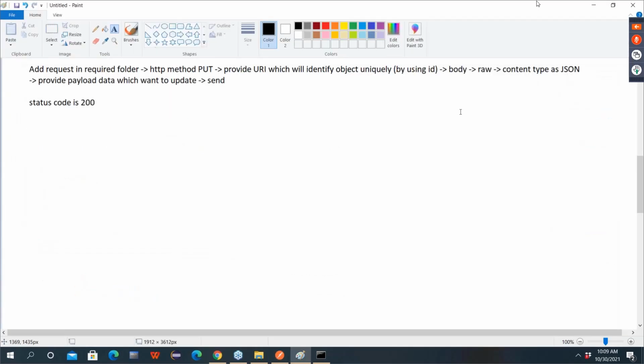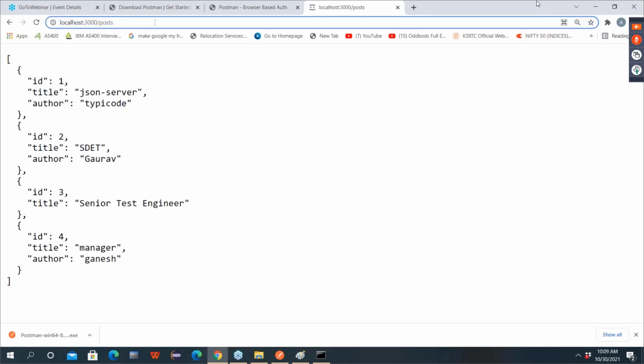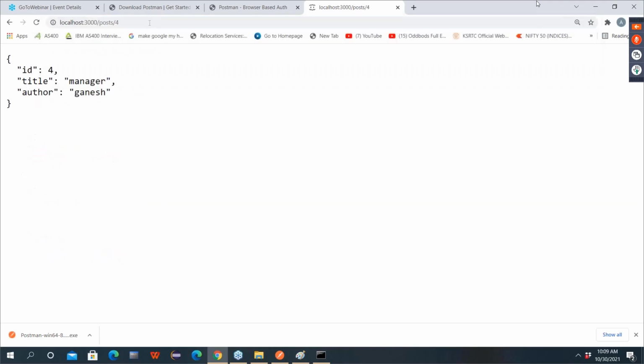We can check. See, ID 4 is added. Now I want to update this ID 4, but not completely, only partially. But again, I need to identify the object uniquely, so I need to give /4 here.